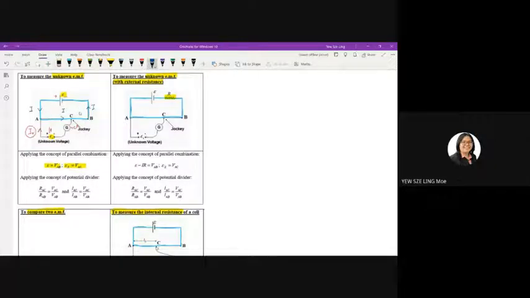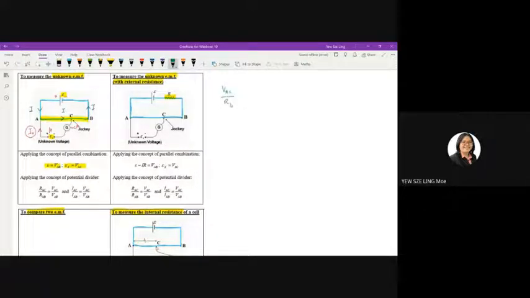And then when it comes to potentiometer questions, remember you always use the potential divider concept to solve it. Potential divider is happening along this AB again. So this AB actually plays a very important role in potentiometer questions. When it comes to potential divider, remember the concept in potential divider for the first diagram, it tells us that